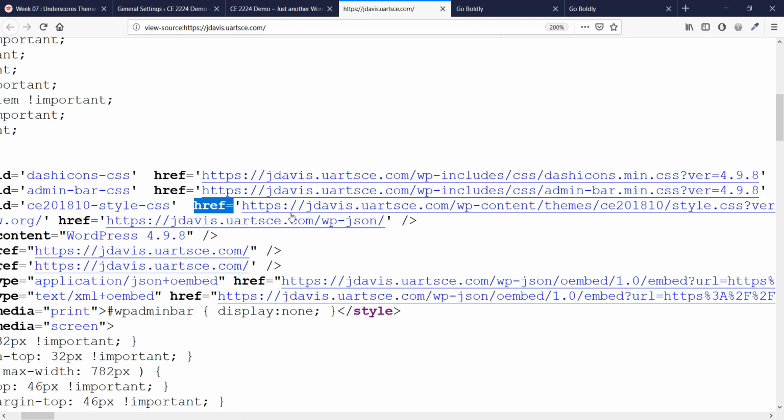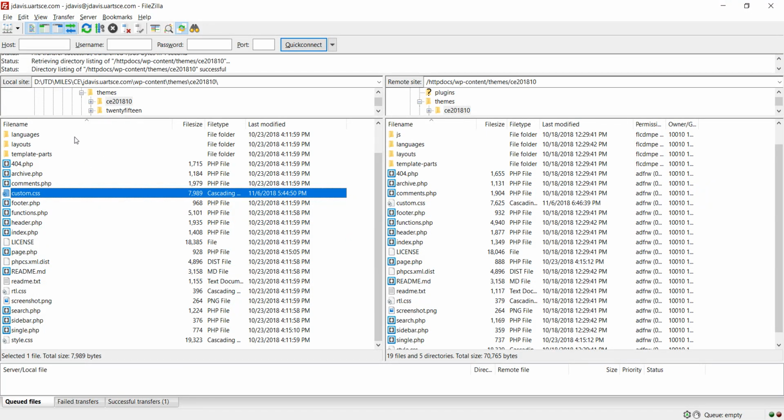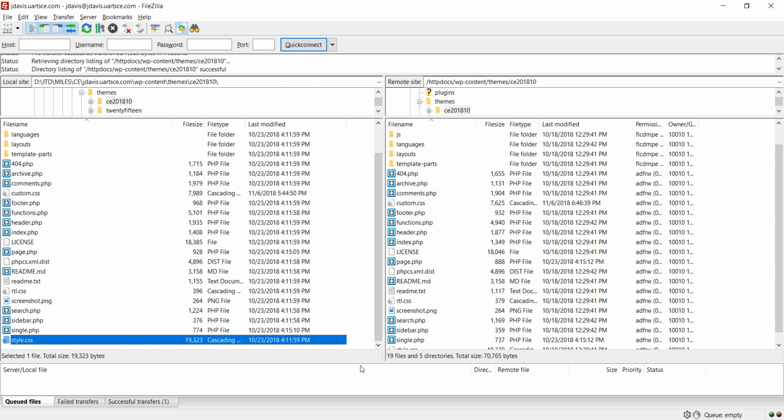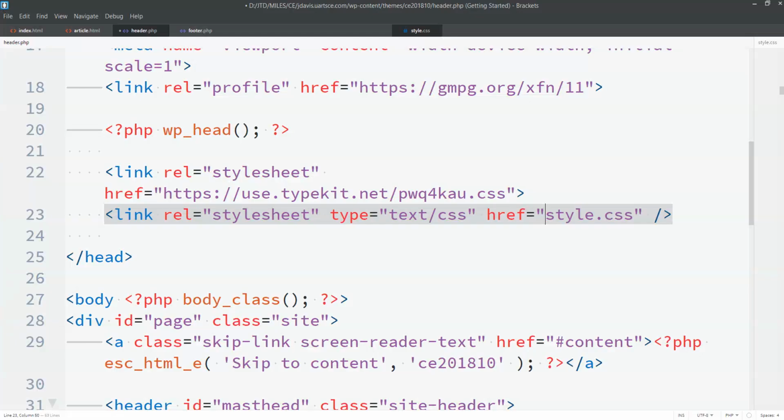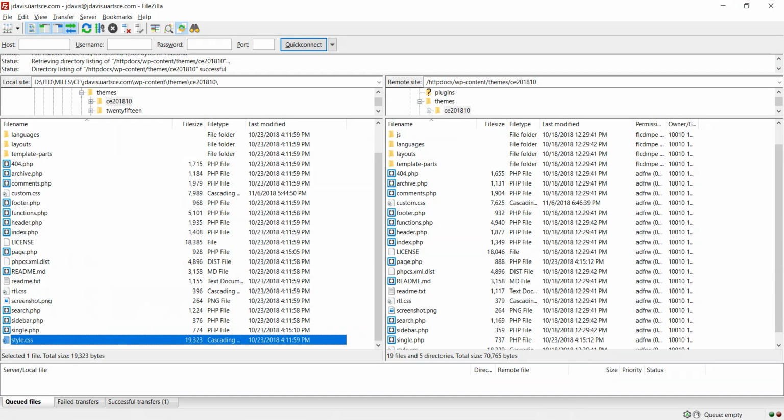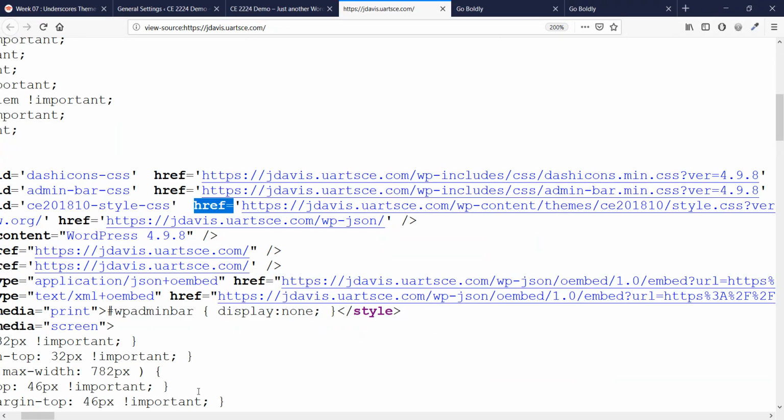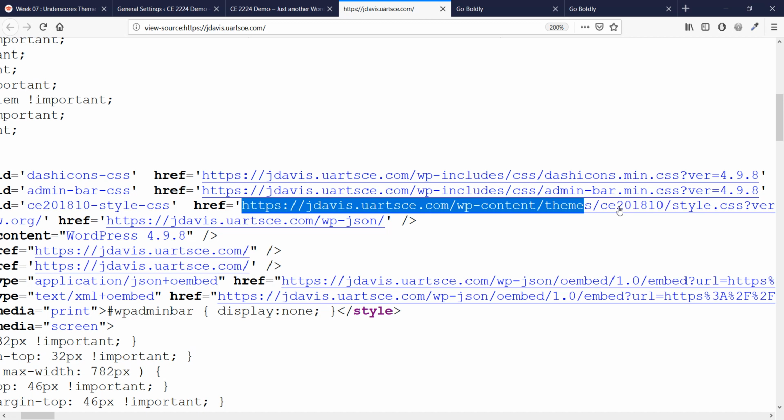It's going to the full URL in order to actually get to this style.css. So it's going through the full URL until it gets into this theme file, and it's looking for the style.css. So I could potentially do the exact same thing for my custom CSS. I could go ahead and copy this entire URL,